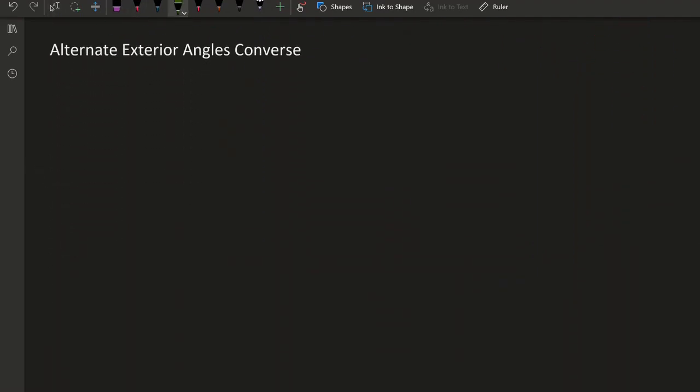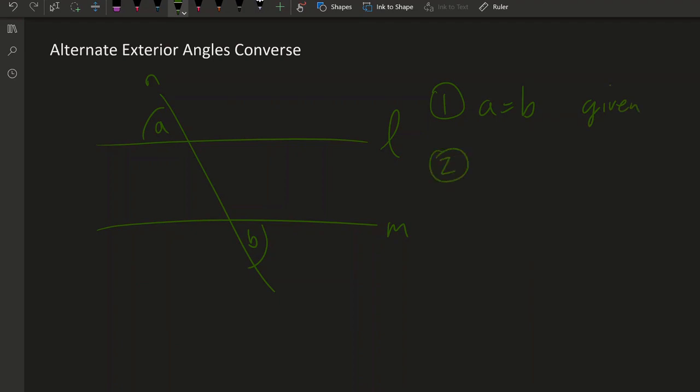Okay, alternate interior angles converse. So we would say, if I know that A is equal to B, so starting off with A equals B, and that's given, then L must be parallel to M because of the alternate